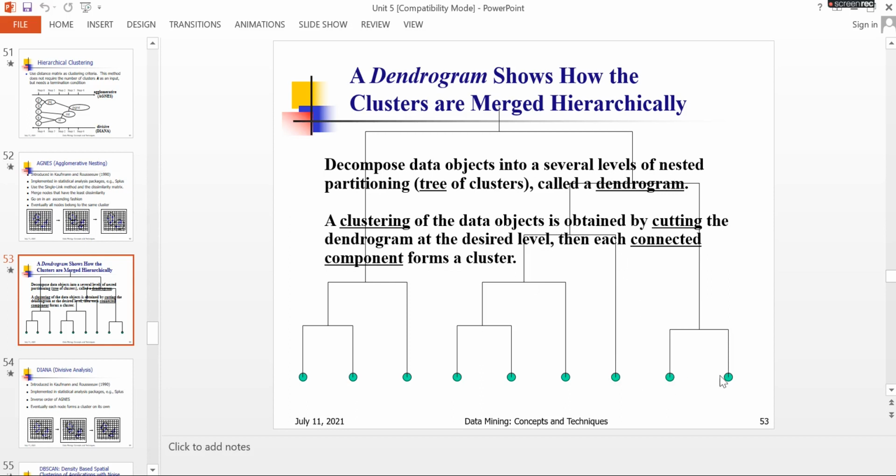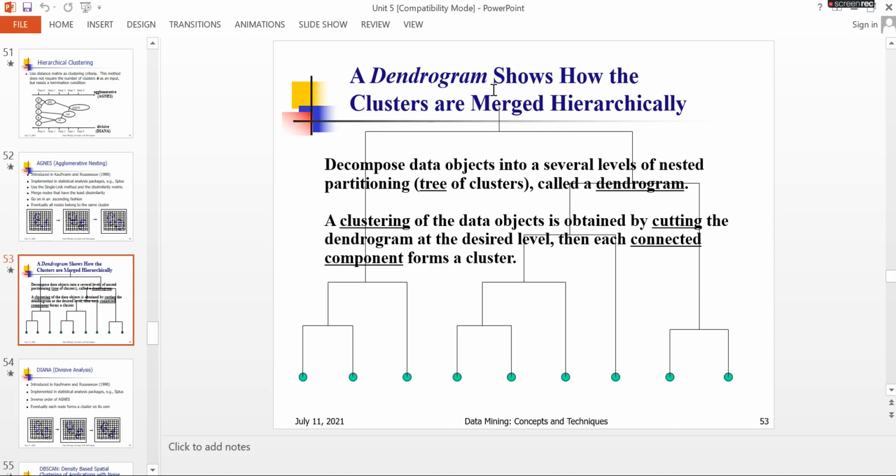Next, H and I. These two are combined and form HI. So these all are combined, DEFGHI. These all combine and form together. ABC also, ABC is one cluster. DEFGHI is one cluster. Finally, in the top level, what happened? A, B, C, D, E, F, G, H, I. These two clusters combined and form the final data set. So like this, from bottom to up, the processing will be like this.